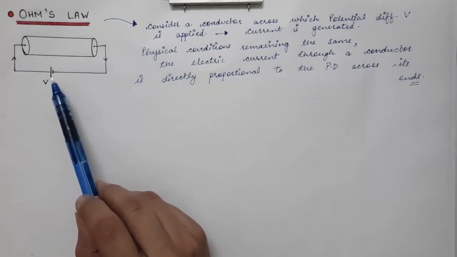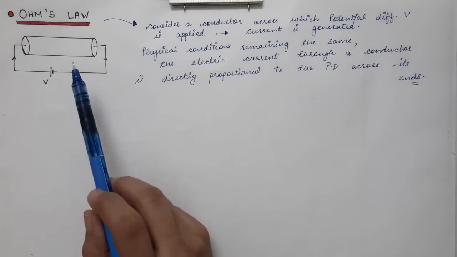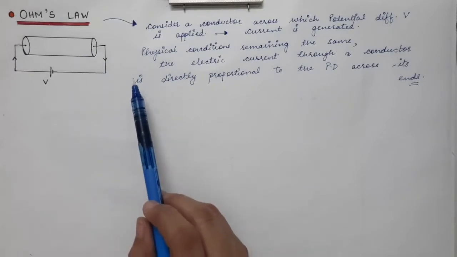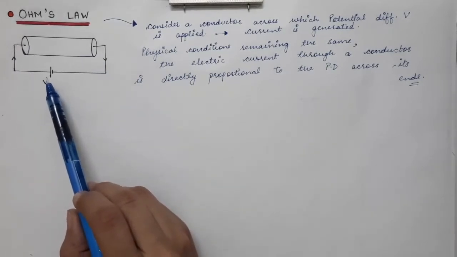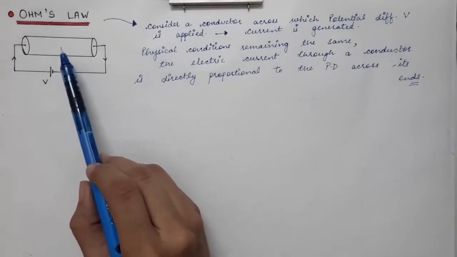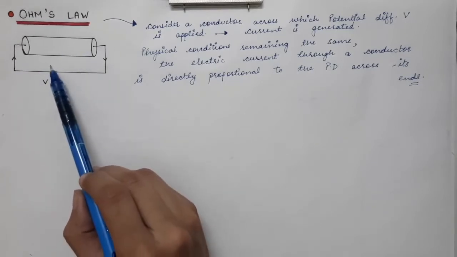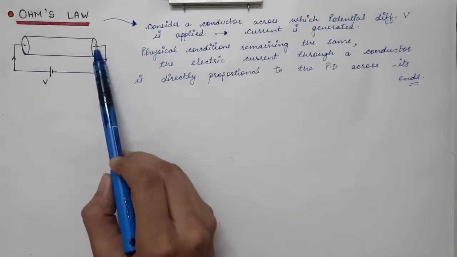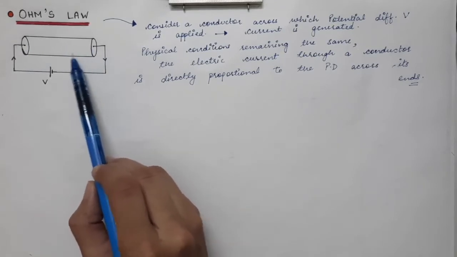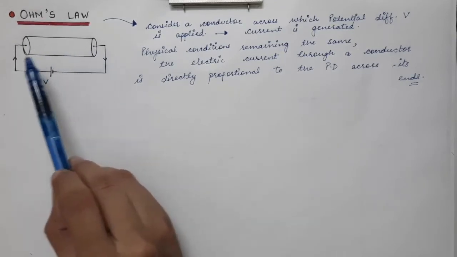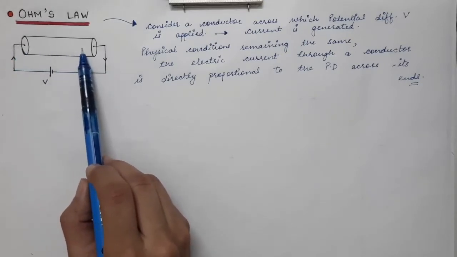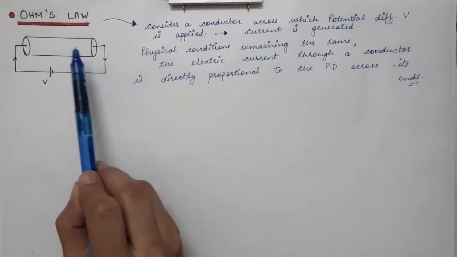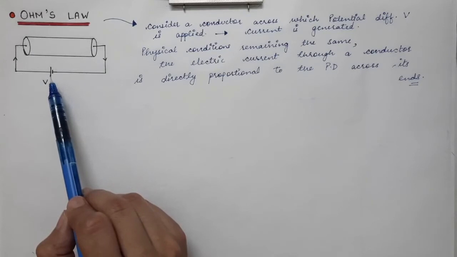or you can say we apply a battery or cell which supplies a voltage of V. So V is the potential difference which is applied across the ends of the conductor. Due to this potential applied, the charge carriers will start drifting. If this is the positive terminal, this end of the conductor is positive and this is negative, then electrons will be drifting towards the positive side. So the current will be flowing opposite to the drift velocity of the electrons, that is, it will be flowing in the clockwise direction, whereas electrons will be moving in the anti-clockwise direction in the whole circuit.